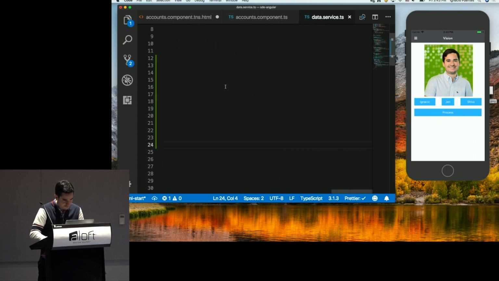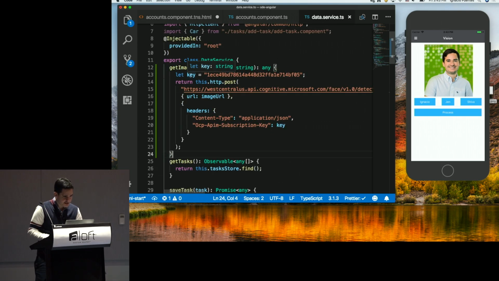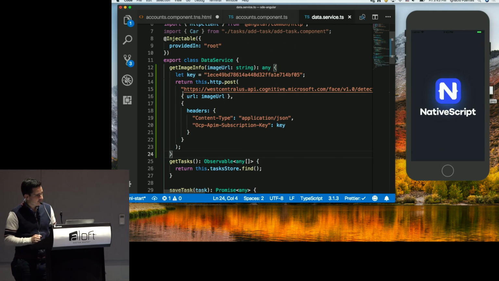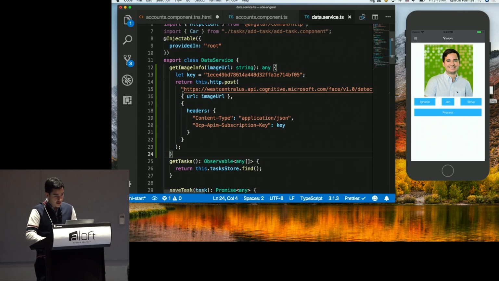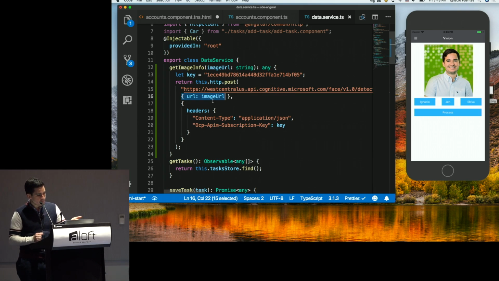Here we go. So let's take a look at the method for a second. It's a method on the service layer. It takes in an image URL, and based on that image URL, it's going to make use of this Azure Cognitive Services API that's ready to accept a JSON object with a URL and the header, which would contain the actual API key that you need with an Azure account. So just by doing that,